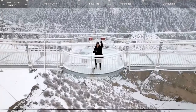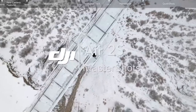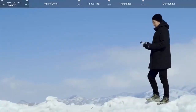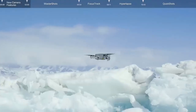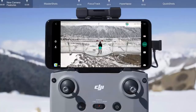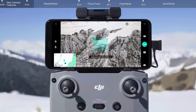Master Shots. In this video, you will learn how to use the new Master Shots feature for epic, automatic shots in any location. Before flight, observe your surroundings carefully and choose an open, unobstructed area. After takeoff, set the aircraft to your desired height and position. Tap Shooting Mode on the right side of the screen, select Master Shots, and select your target area or subject. After this, the aircraft will automatically select one of the 3 flight routes based on target type and distance: